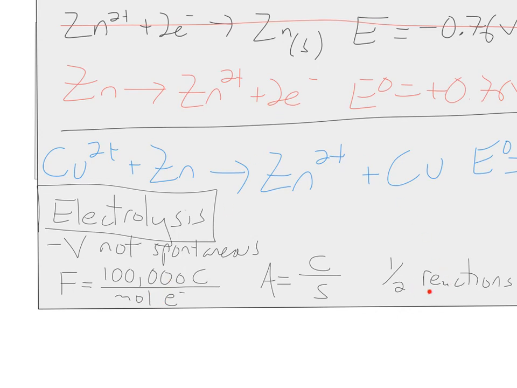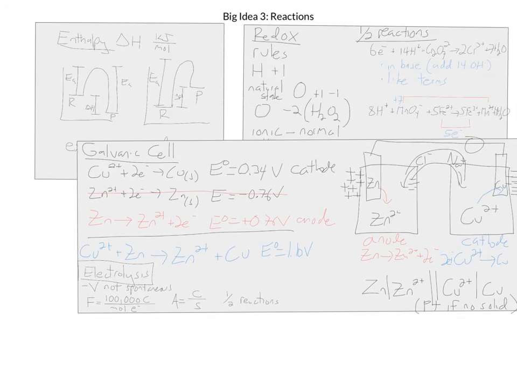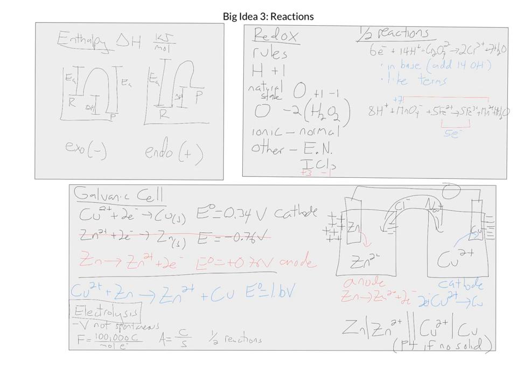So if my zinc reaction had 2 electrons, 2 moles of electrons is going to give me 1 mole of zinc. So we have some stoichiometry conversions with the electrons and the half reactions as well. And that just gives us a way to convert into grams, so we can see how much metal will actually deposit over a certain amount of time. And that wraps up all of our